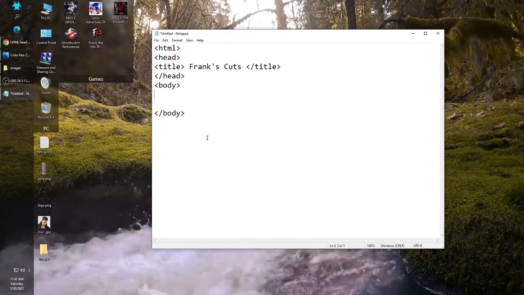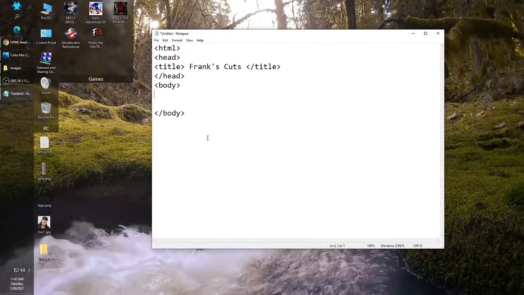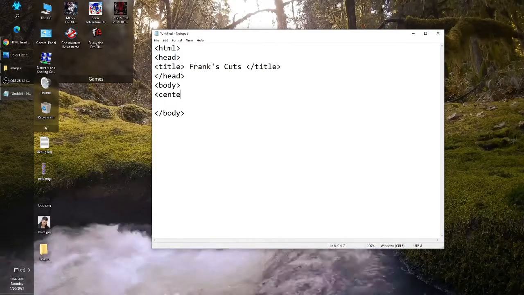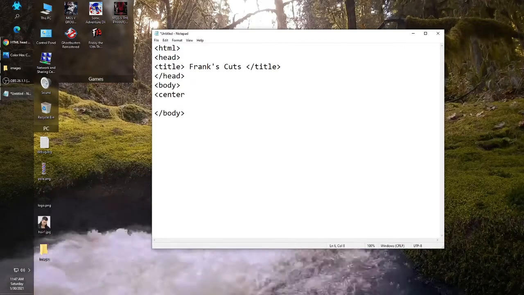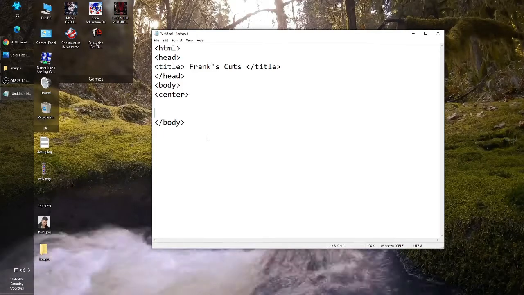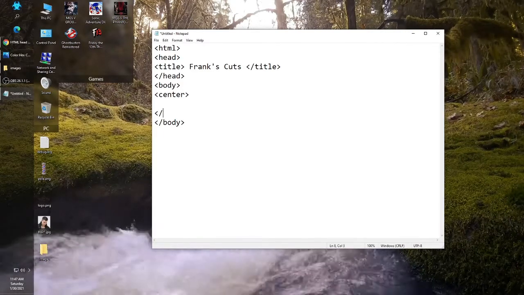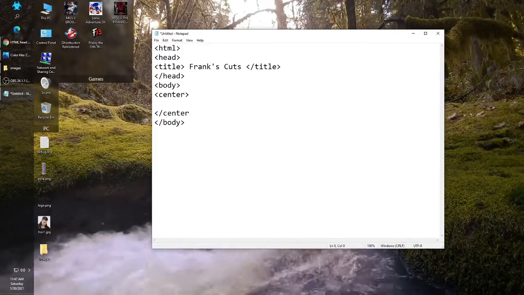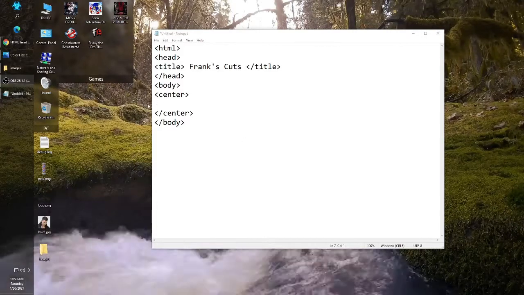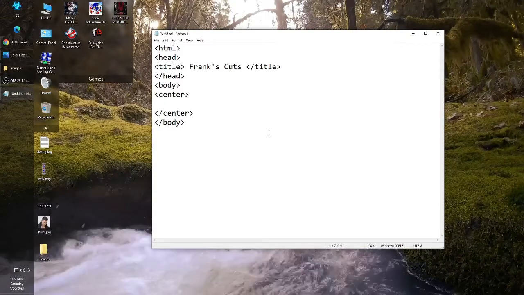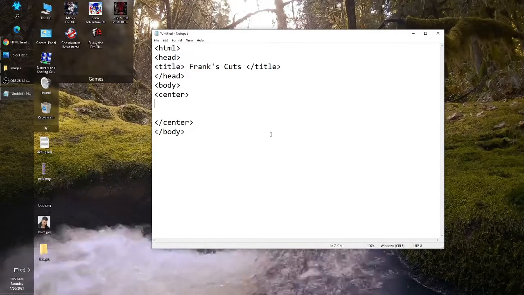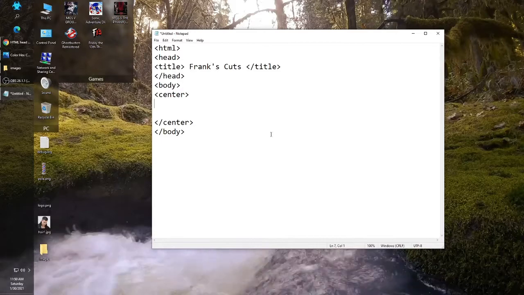So for this page, I want everything to actually be in the center of the page. So there's another tag called center. And then on that note, I want to end the center at the bottom of the page. Okay. And this is where my workspace is going to be, right in between these center tags. Okay. Let's say the first thing I want to do is, for the very top of my page,